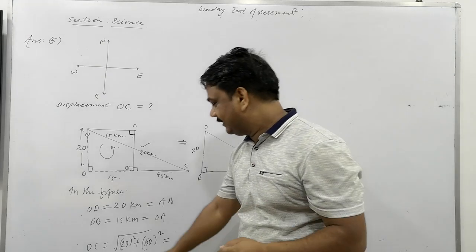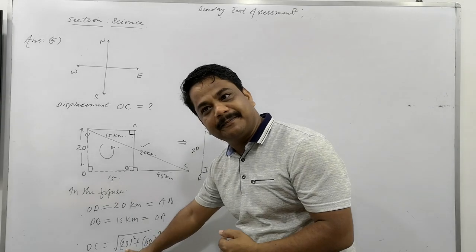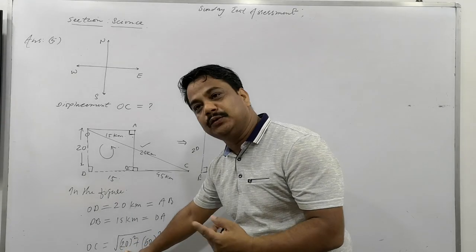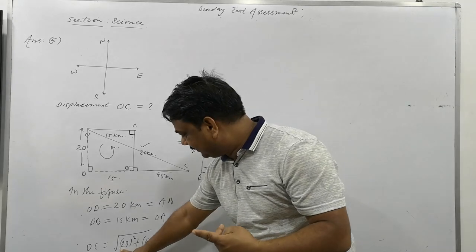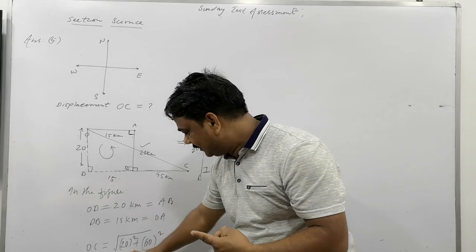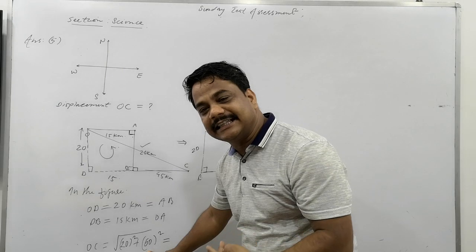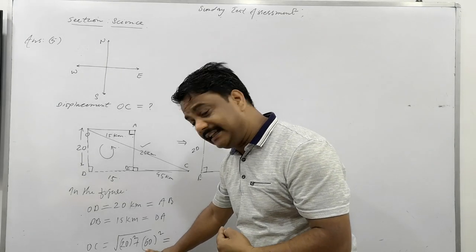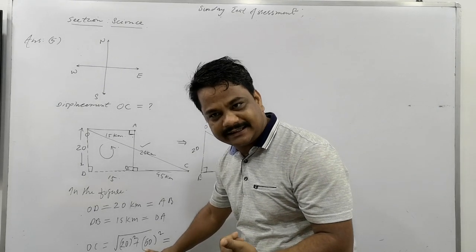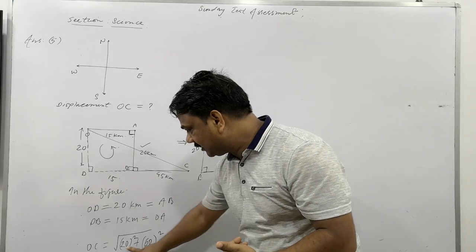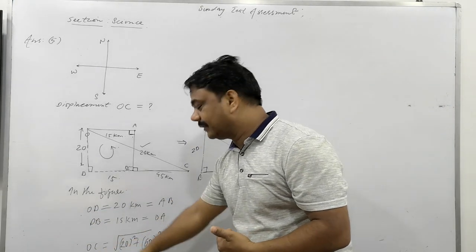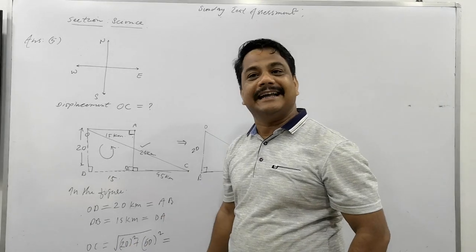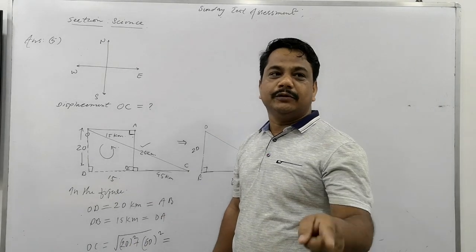Listen again. It's made up of 2 into 10 as a square, 2 times and 10 2 times. That is 2 square 10 square. This has 2 square 10 square. This has 6 square 10 square, and 6 also has 2 square. So 2 square 10 square is common from both, but out of the root it will come as 2 and 10. So what is common? 2 and 10.